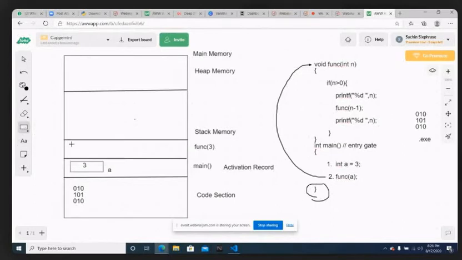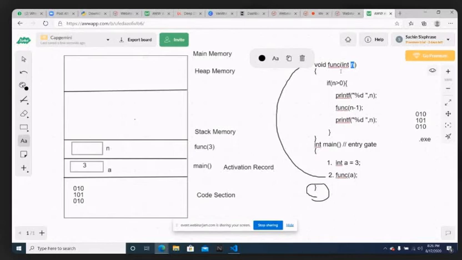So let us create a memory block inside the func activation area, and the name of the memory block is going to be n, and the value that we are going to store inside this memory block n is going to be 3, which is the value of a that you have passed here. So whenever you are calling the function with some parameter, the value of a will be automatically copied to the corresponding parameter n, which is there in the function.